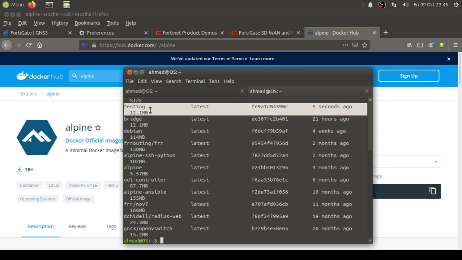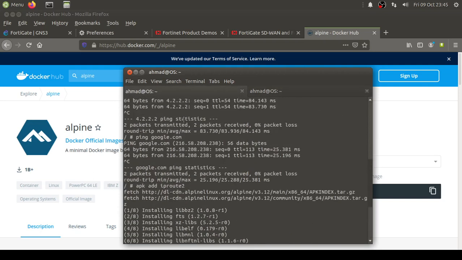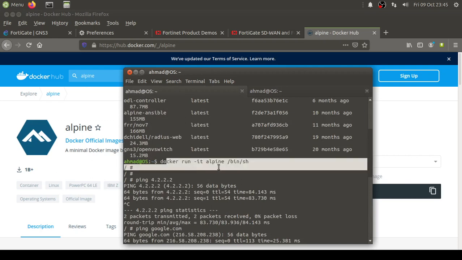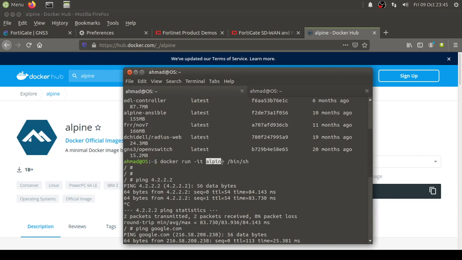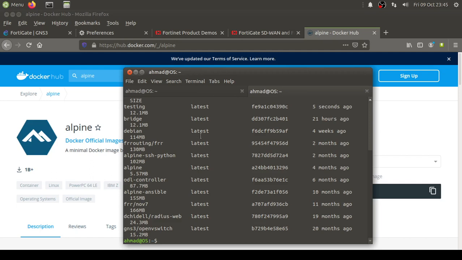Now if I run this image again using the same command that I had shown you earlier, instead of Alpine I would be typing in testing, and we would see that we will have the necessary changes in there. So I have already made the changes, and the changes that I made were in this image, bridge. I have already done this part. So this is the key point that I was talking about, that you would not be able to do this part in Windows operating system.